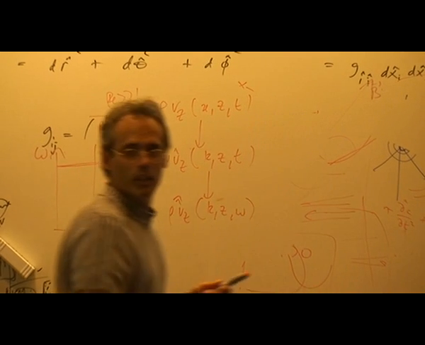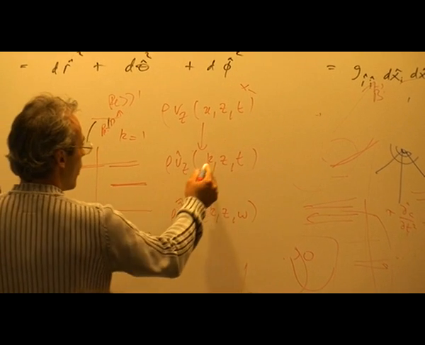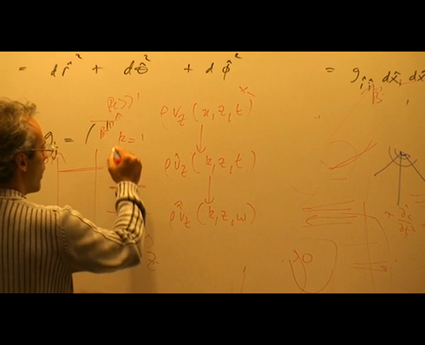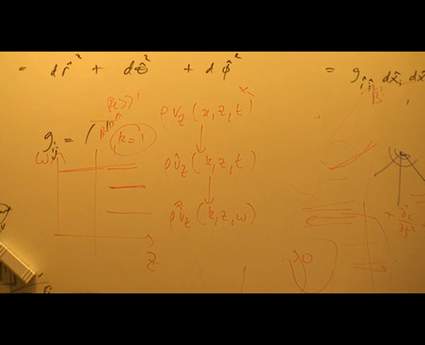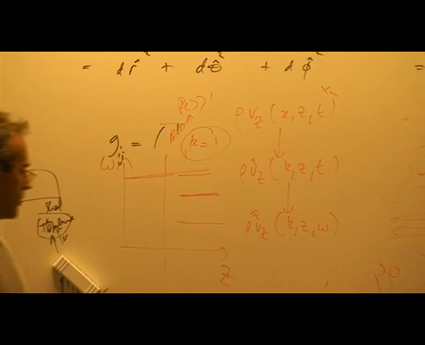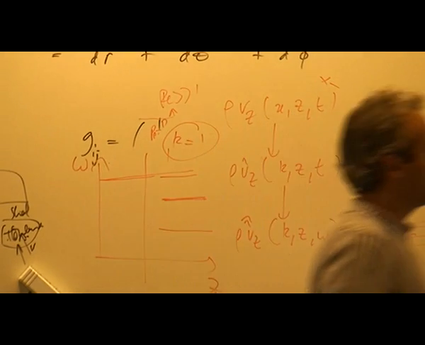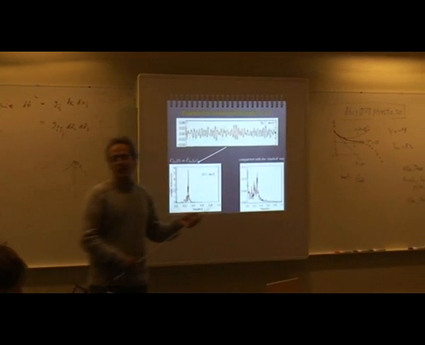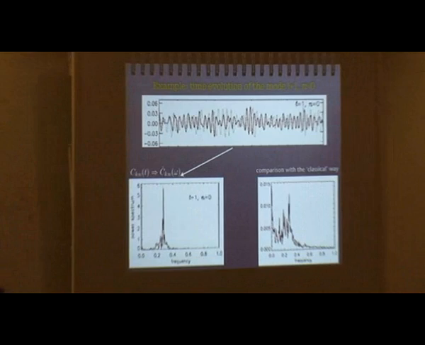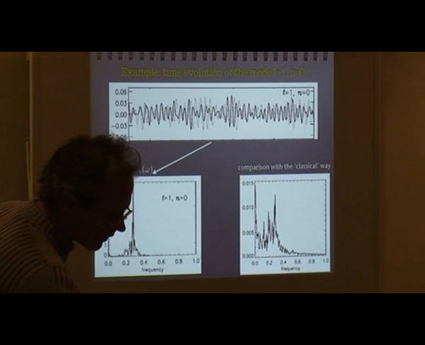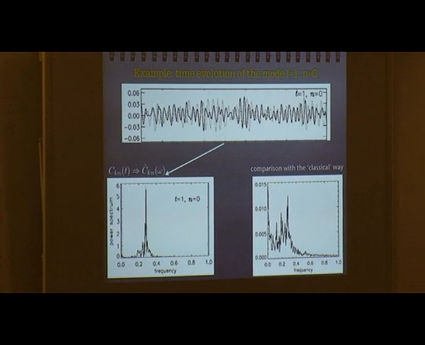Okay. But in this case, you take the whole set of modes at k equal 1, so n of 0, 1, 2, 3, 4, 5, etc. And then it's very difficult to do a quantitative, not qualitative, but quantitative study with that kind of spectrum, because everything is mixed. So that's some kind of example of a result we obtain with our code. So now